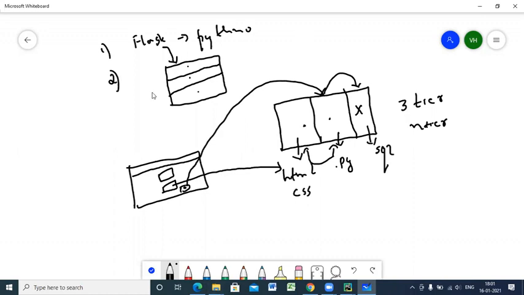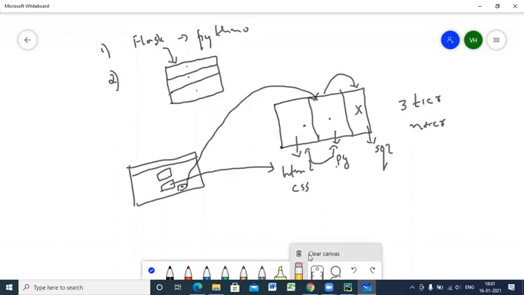When we say we are working on the Flask architecture, the most important thing, as I told you, is the folder structure. What do you mean by folder structure? Flask always says that any designs, any HTML files, must be inside the templates folder. Let me say you have HTML files like login.html, calculator.html. All the HTML files must be inside the folder called templates.